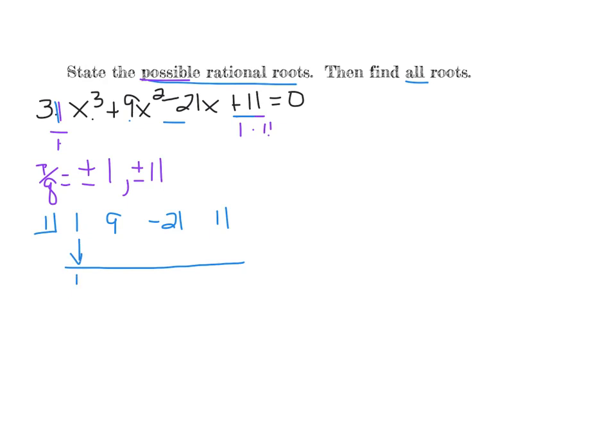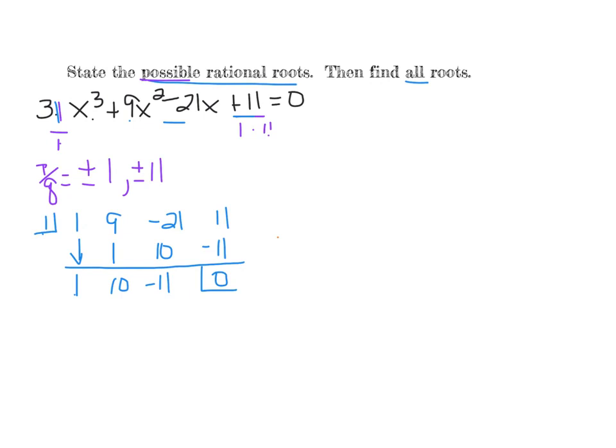Bring down the 1. 1 times 1 is 1. Add them together to get 10. 10 times the 1 is 10. Add them together to get negative 11. Multiply the negative 11 times the 1 to get negative 11. Add them together to get 0. So since I got 0, that tells me that this is a factor,